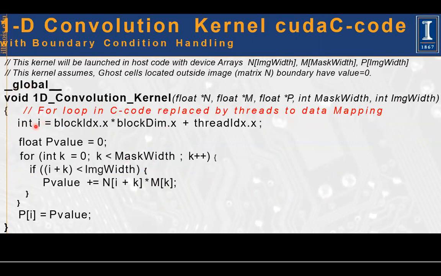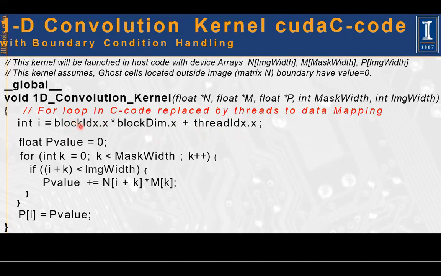That is what we are doing here. Instead of that outer for loop, I have given an instruction for thread mapping. Each thread has its index in terms of a block index and thread index. Each thread will use that value to calculate an i, on which element or location this thread should map for carrying out the calculation. So instead of the outer for loop, I have this mapping for each position of array n. A thread has arrived and you don't need a for loop. The outer for loop is gone.